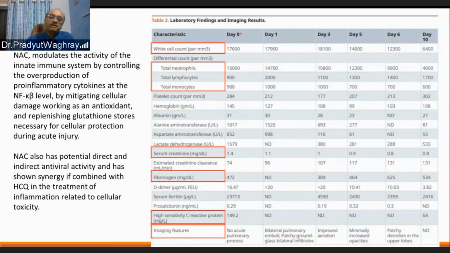So I want to summarize my talk here that NAC is a very potent antioxidant, and this has a significant role in COPD, stable COPD, COPD with exacerbations, acute exacerbations of COPD, then in bronchiectasis patients reducing their exacerbations and infections with Pseudomonas. Also, it is shown to be useful in influenza virus pandemics, ARDS patients, and now in COVID-19 patients in preventing the complications of cytokine storm and microvascular thrombosis.